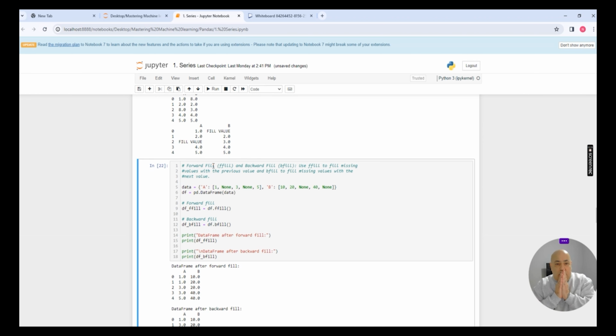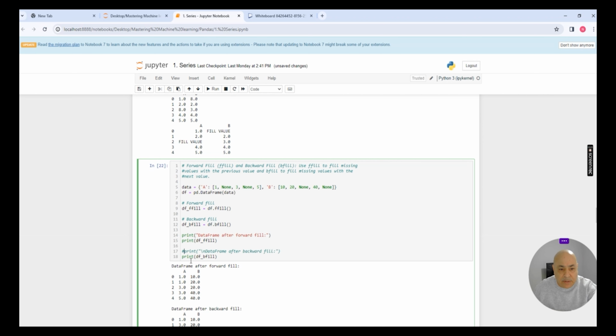Now we can use forward fill or backward fill. If I'm using forward fill, that means I will take the value before the missing data, and I will enter that into the missing data. So in this category A, the value which I will use for this missing data will be 1 if I'm using a forward. If I'm using a backward, I will use this 3 to fill the data. And in here, if I'm using forward, I will take this 20 to fill this, and this 40 to fill this. So if I print this,